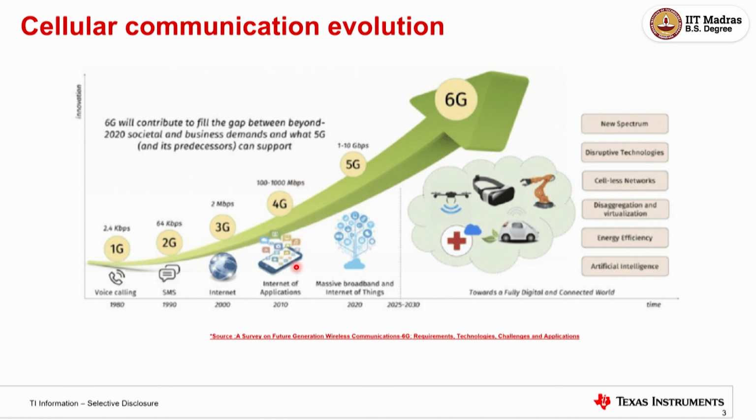So even with 4G, you can do a lot of things like Internet of Things, where you can connect multiple things to your Wi-Fi. And even in 4G, you would have seen voice over LTE, where when you're trying to call someone, it's not just your mobile tower, Wi-Fi also gets connected. So part of your Wi-Fi bandwidth is also used to pass on voice through the network to the other place. So as you evolve to 5G, the rates are going much higher, like 1 Gbps to 10